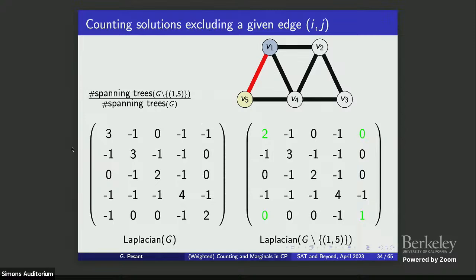So I want to know spanning trees from graphs where I remove edge 1,5 with respect to all the spanning trees. That's the Laplacian for your graph G. That's the Laplacian where you remove this edge. Well, only 4 entries change, the green entries. Those are the only ones that changed, the degree of the endpoints and the edge. And these 4 entries, even if the matrix is very big, the graph is very big, are in 2 columns and 2 rows.